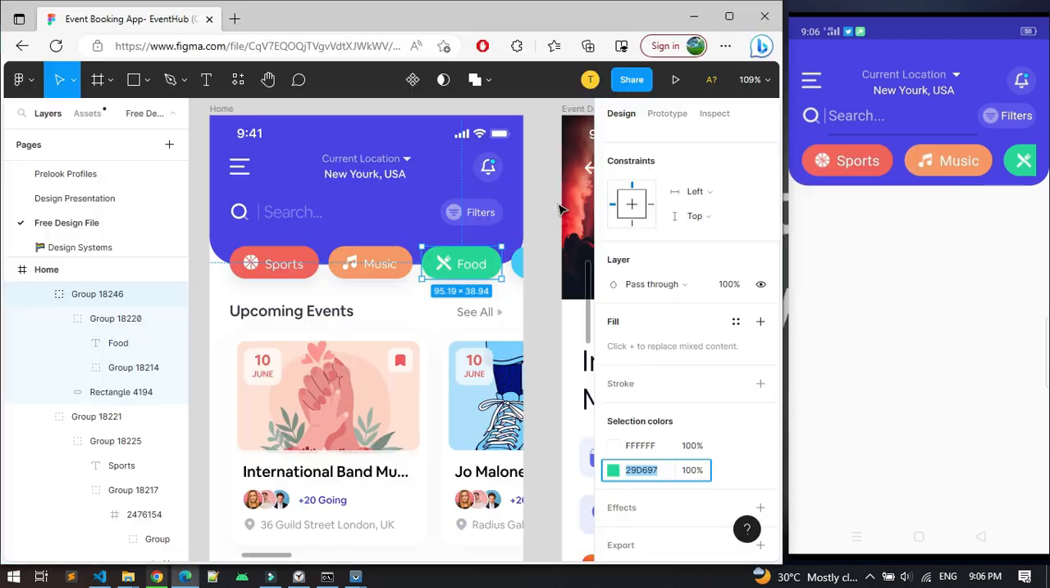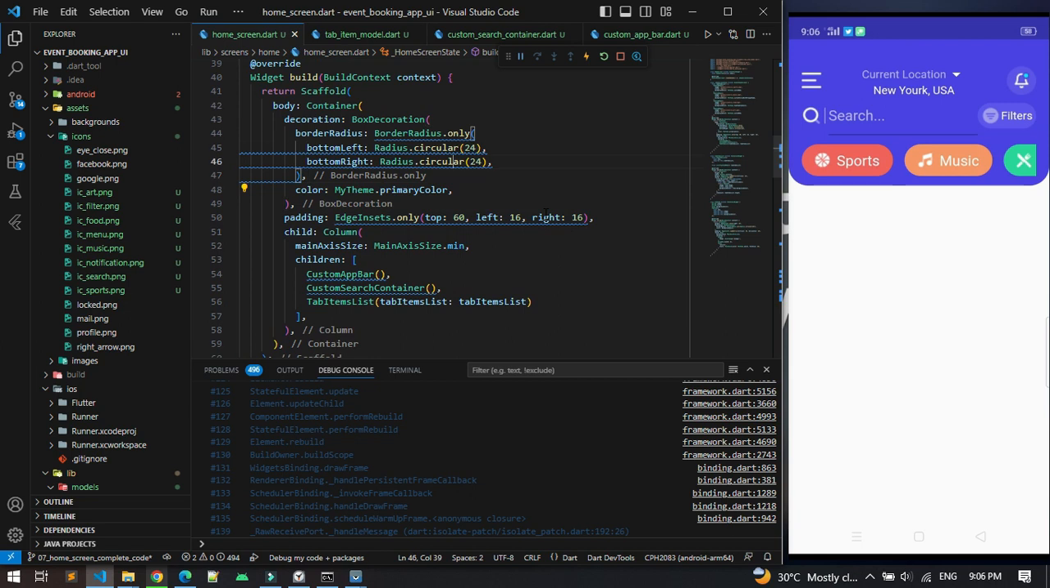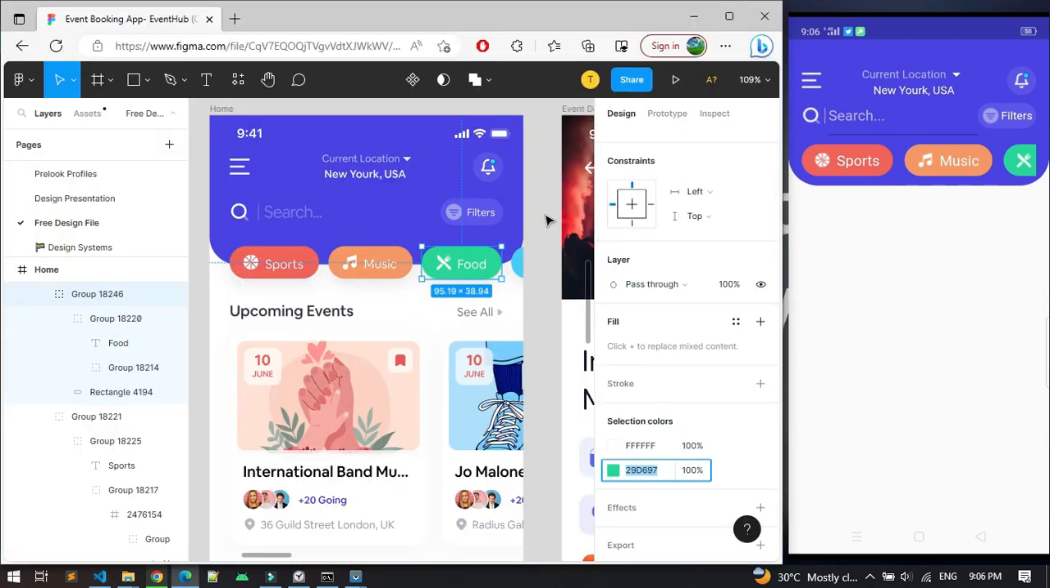So here I think I need to make some more border circular, so for that I think 36 would be enough radius for this. Okay, now it's good. So the last part for this our header would be to